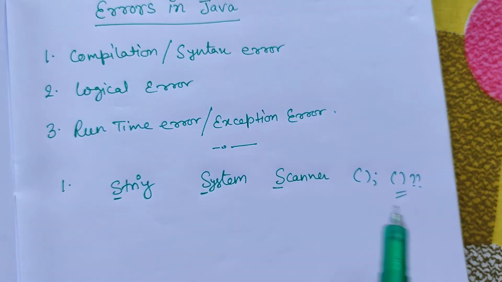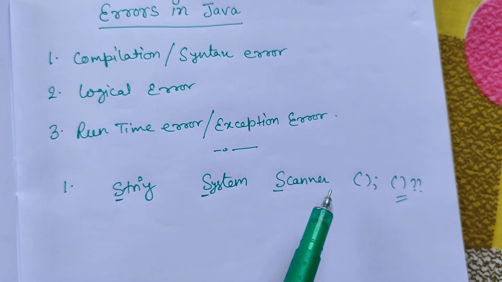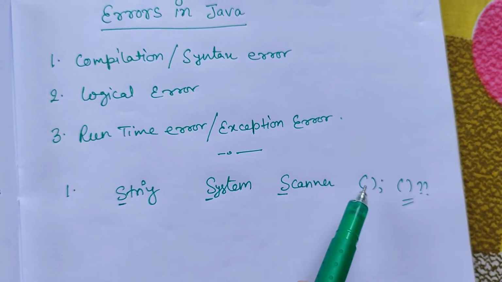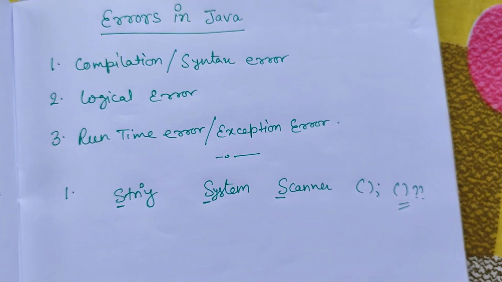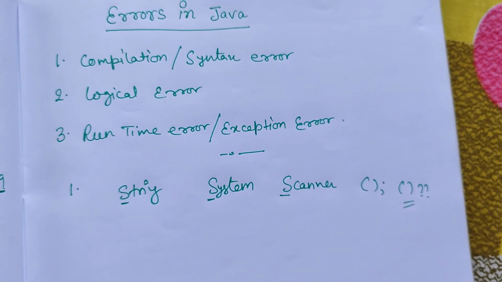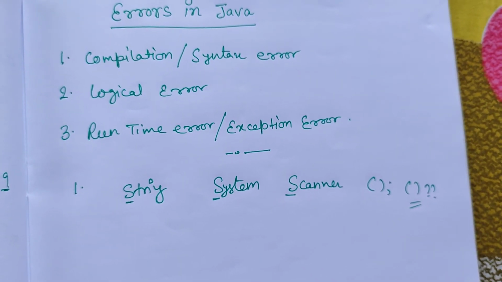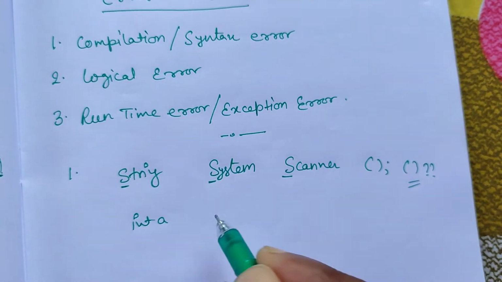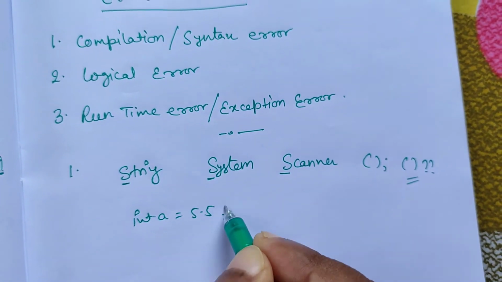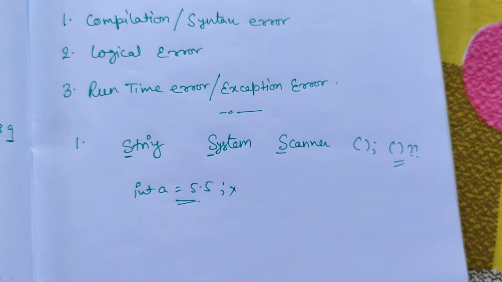So these things are called syntax. So if you are making any syntax error, if you are missing something, if you are missing a semicolon, or giving a semicolon somewhere wrong, like this, these are called syntax errors. Okay, wrong spelling of the keyword, missing terminators, or data type mismatch. Suppose you have taken int, you have written int a and given 5.5, so it will be wrong. These are called syntax errors or compilation errors.